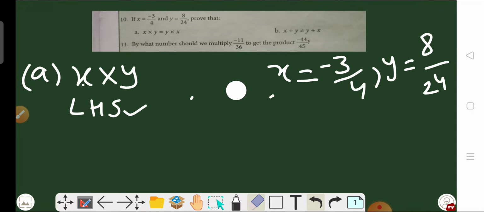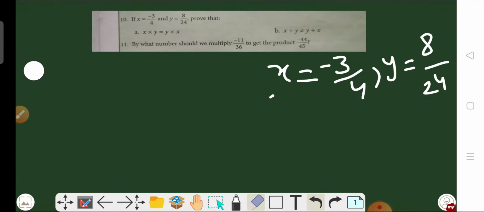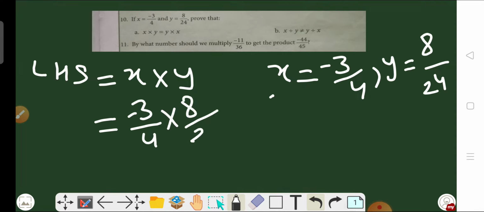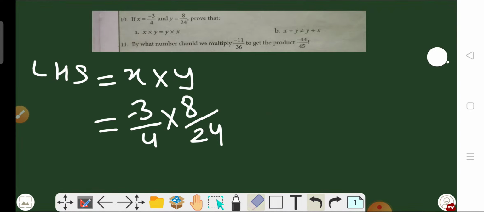So the left hand side is equal to x into y. Put the value of x and y, and that is minus 3 by 4 multiplied by 8 by 24. And we know that both are rational numbers, and in case of multiplication of rational numbers, multiplication is done from numerator to numerator and denominator to denominator. So this is equal to